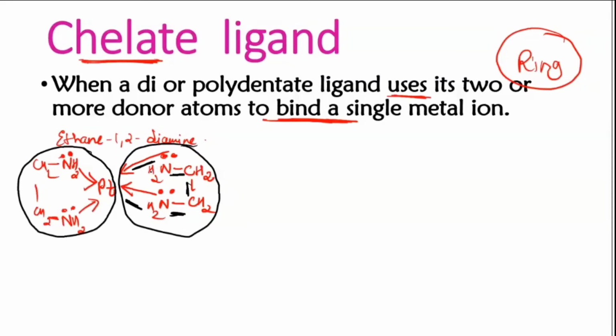5-membered rings they are forming, and the chelate ligands are said to be more stable than the monodentate ligand. See, if you are holding something with your little finger, it's difficult to hold. If you're using 2 fingers, then it's a little better. But if you use all your 5 fingers, then the holding capacity will be better, correct? Similarly here, when they bind with more donor atoms to the metal, they can hold the metal very tightly. So the stability of these ligands will be larger. We say chelate ligands are much more stable than monodentate ligands. Exceptions are there, but in general they are more stable.